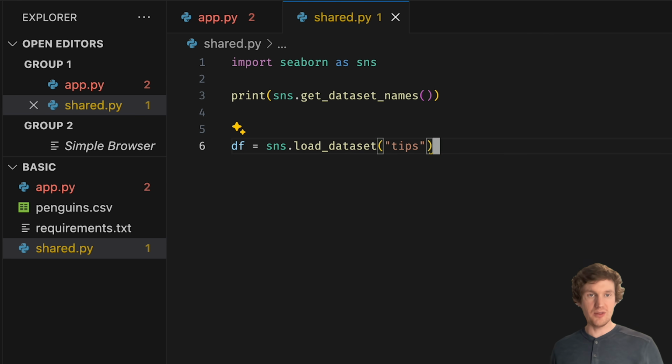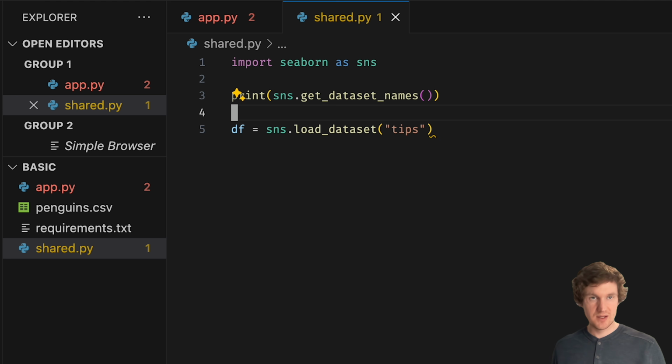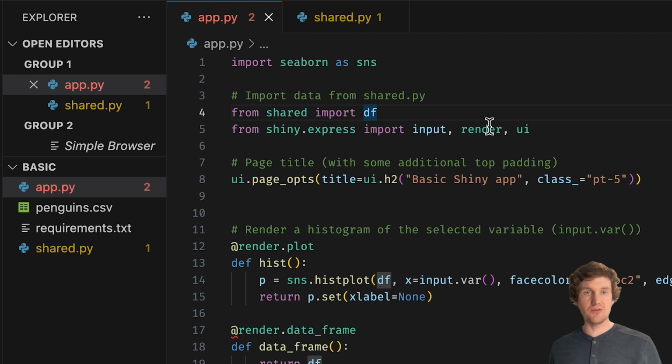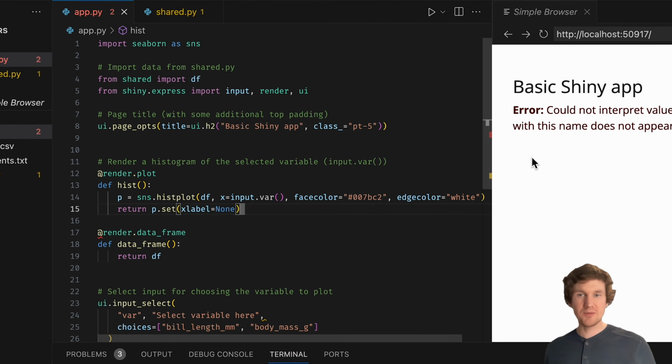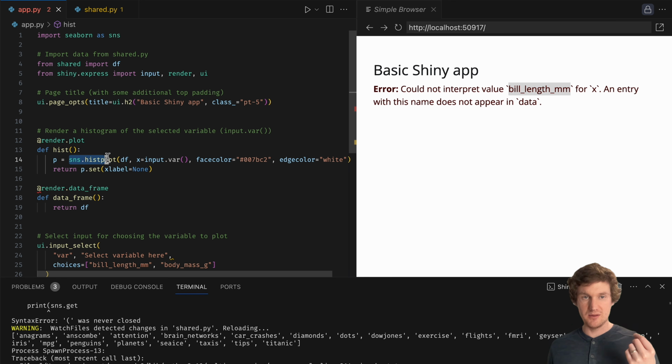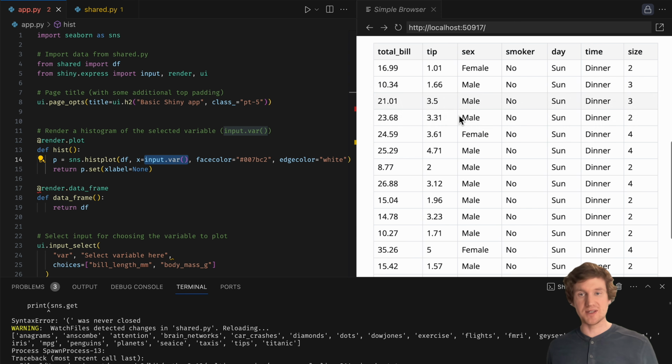And now I'm going to call that df, since my app is importing from this file and looking for an object named df. And now I'm getting some errors that are pretty expected in the sense that the Seaborn hisplot logic is now receiving a different data set. It doesn't know what to do with this bill length because that's not actually in the tips data set.